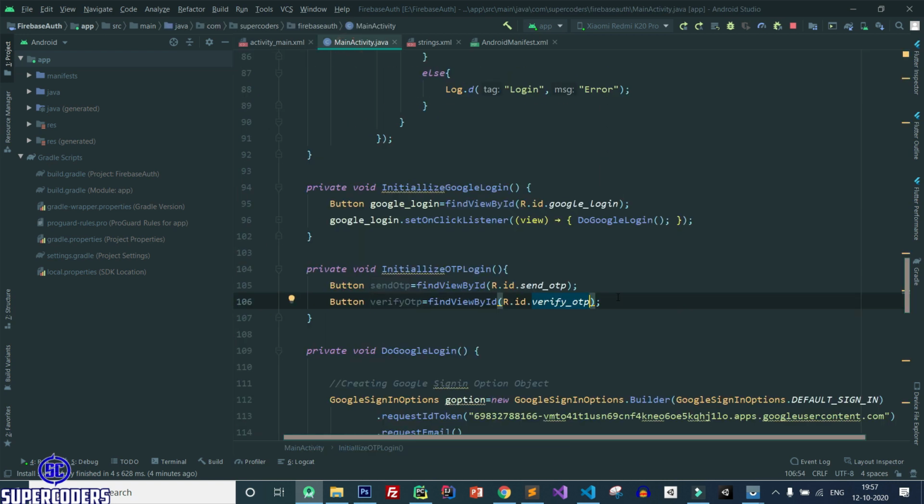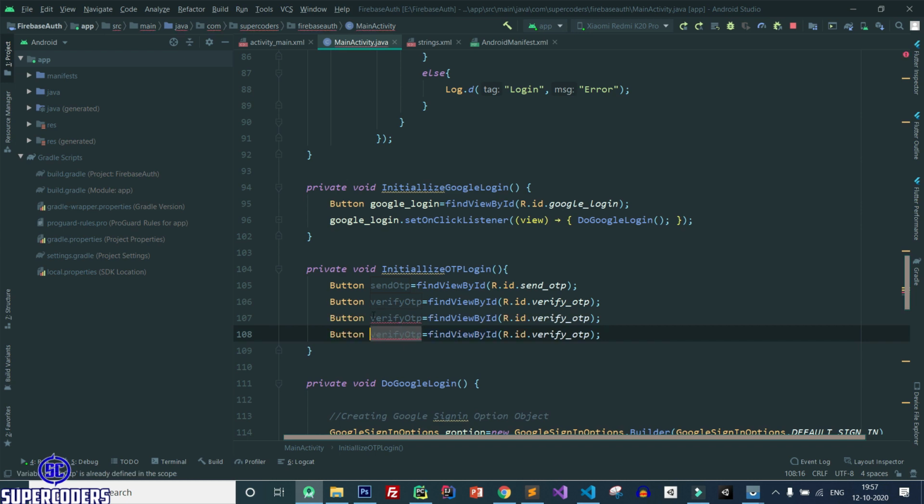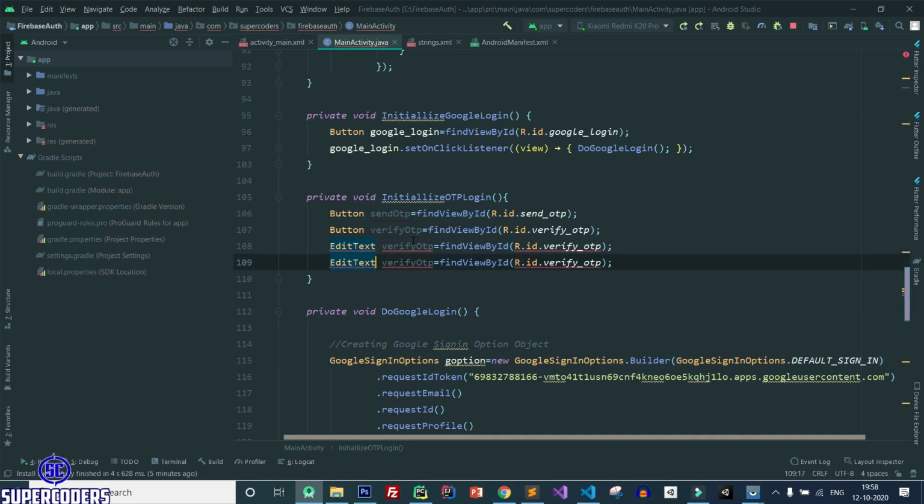So again create two more objects, edit text, and here phone input, and here OTP input.